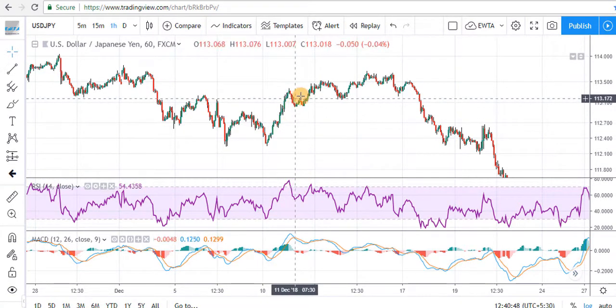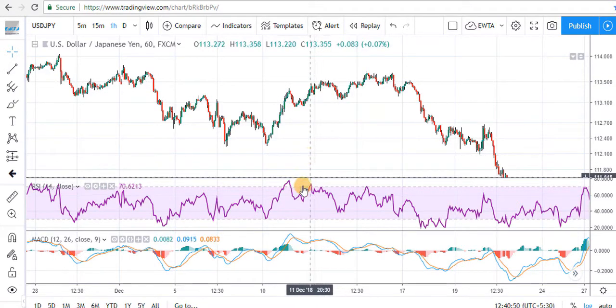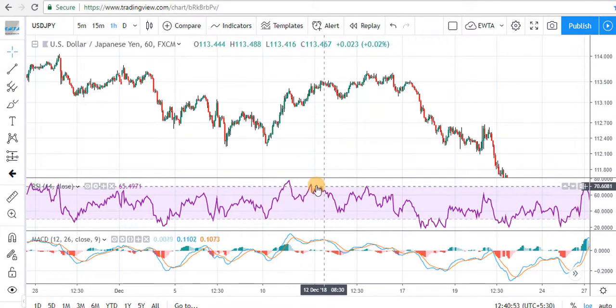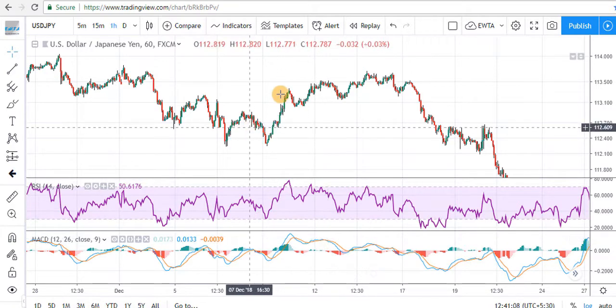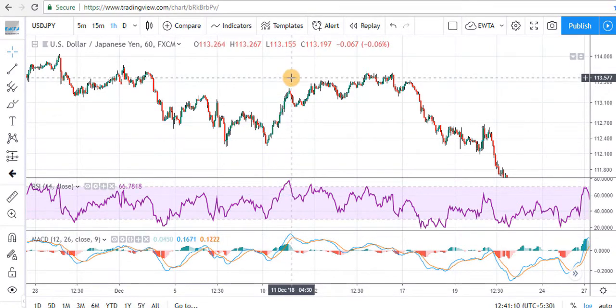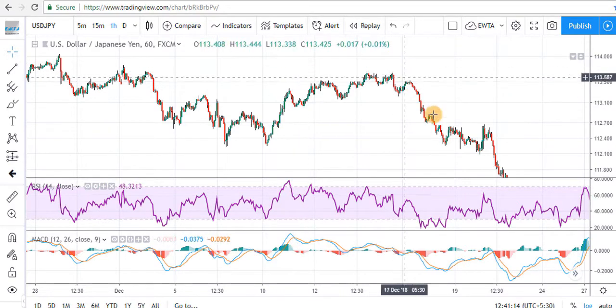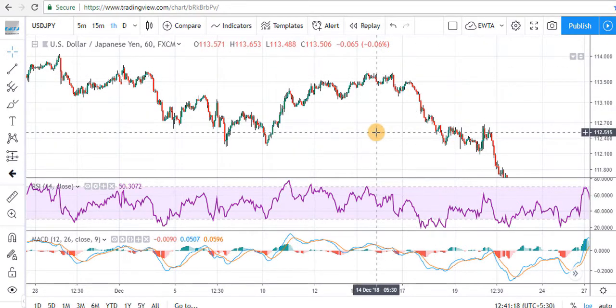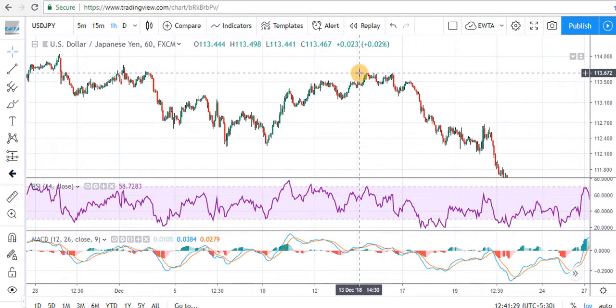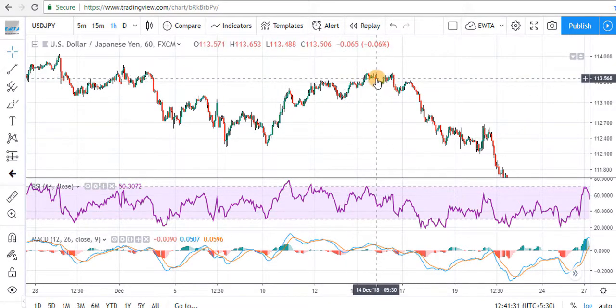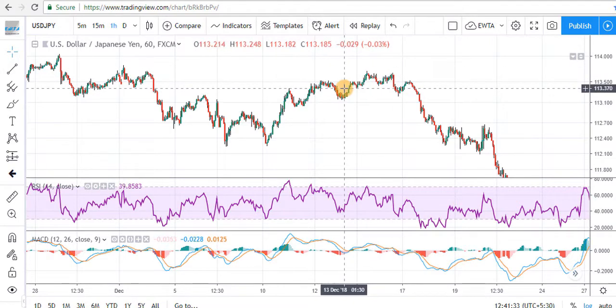But when price is making a higher high and the indicator is making a lower high, also MACD is making a lower high here, it means that recent price action is not as strong as the previous price action and the trend is losing momentum. It doesn't mean that the trend will reverse now, but it signals a pause in the trend. It signals that either the buyers are exiting from their positions or sellers are getting in.